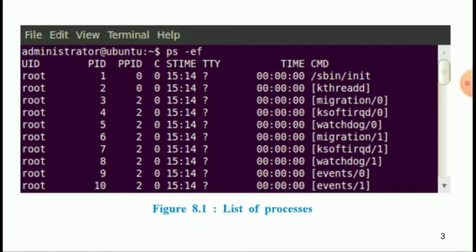So that is the list of processes for the command ps -ef. There are 7 columns: UID, PID, PPID, STIME, TTY, TIME, and CMD. This is the list process command.